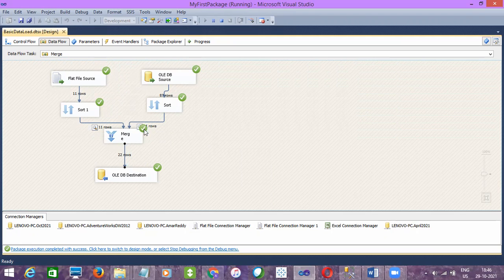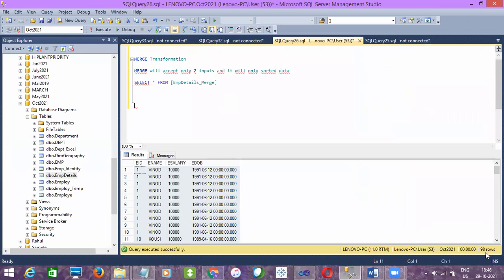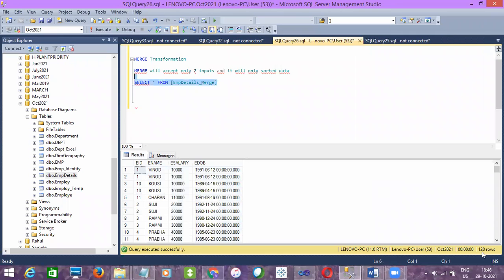See here, this is showing the number of rows. Overall you can see here 22 rows, which means 11 from one side and 11 from the other side, right? It was 98 earlier, and now 120. 98 plus 22, how much? 120.